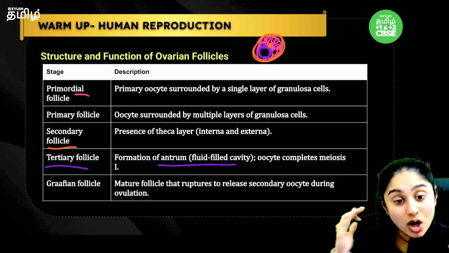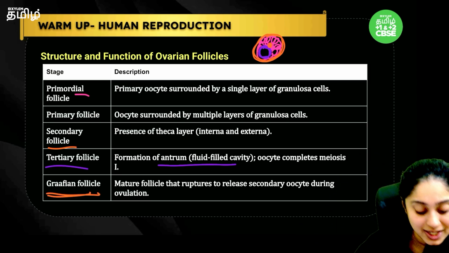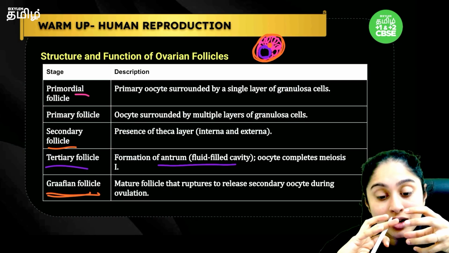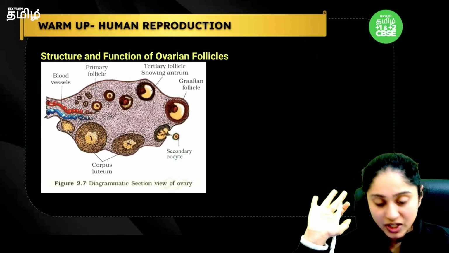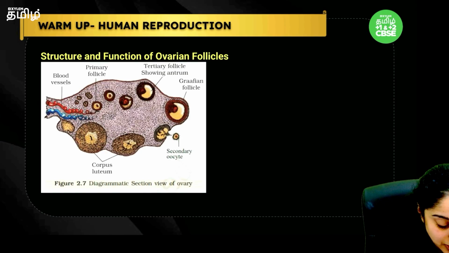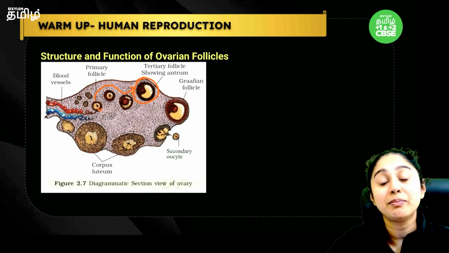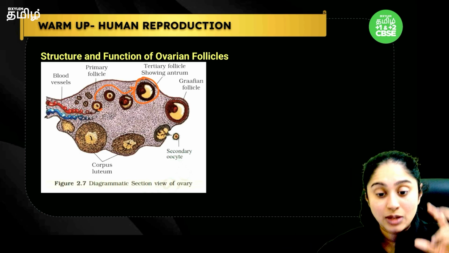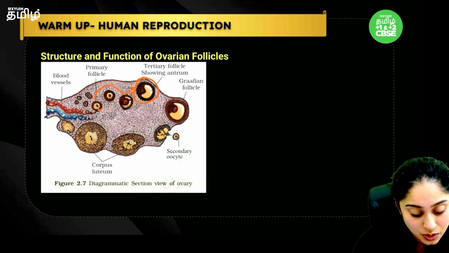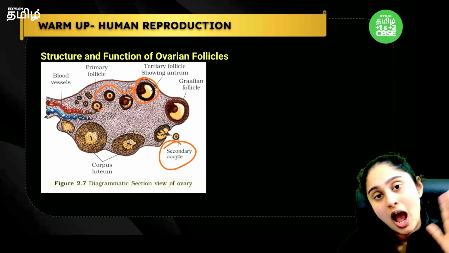They will mature to what we call the Graafian follicle, and this Graafian follicle will rupture and cause the ovulation to take place. Clear everybody? So you can see here that the primary follicle is here. It grows, and once we have the tertiary follicle, we know that the meiosis 1 is complete and the secondary oocyte is ready. Now this will mature and the Graafian follicle will release the secondary oocyte out of the body